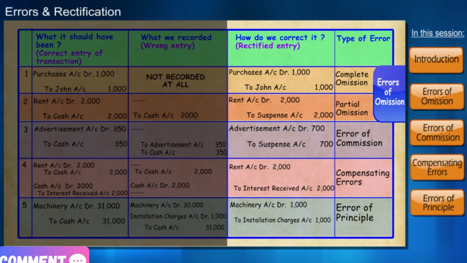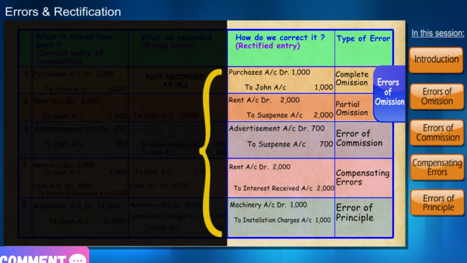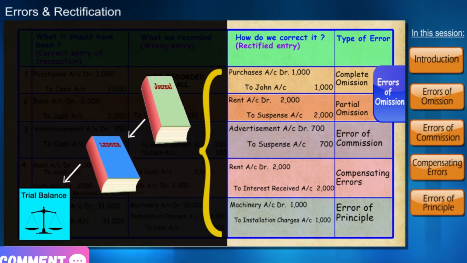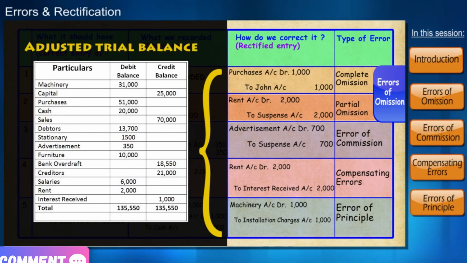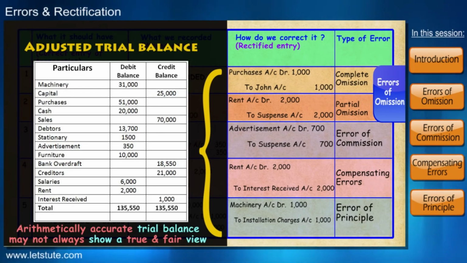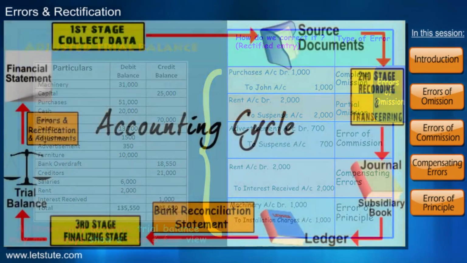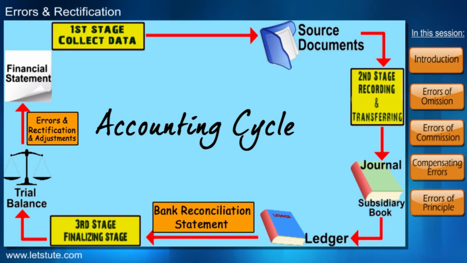We went ahead and passed all the rectified entries and made a new adjusted trial balance. From all these errors that we came across, one thing we can say is that an arithmetically accurate trial balance may not always mean it is correct in the true spirit. Thus, this process of errors and rectification is really important before moving towards preparing strong